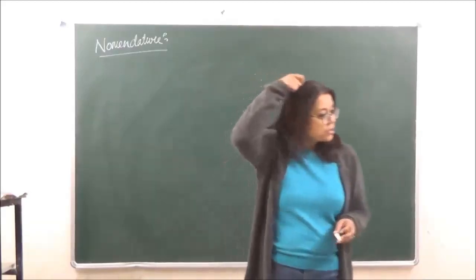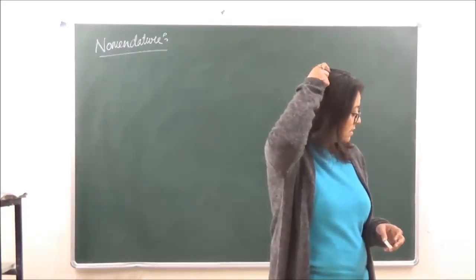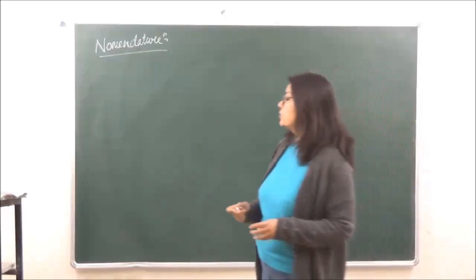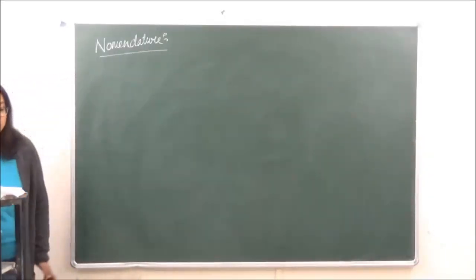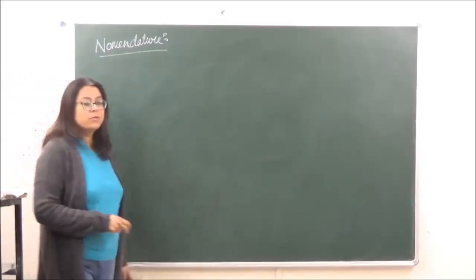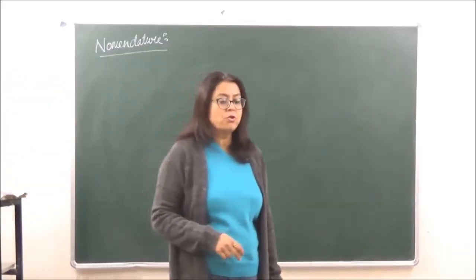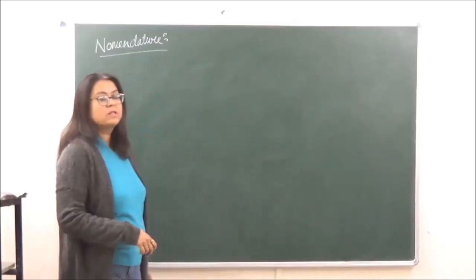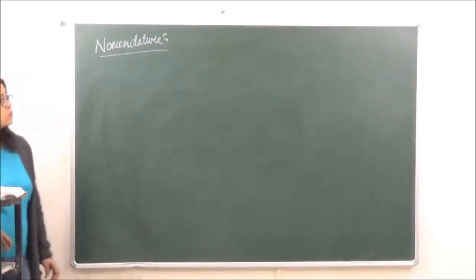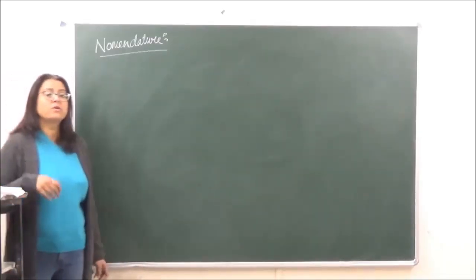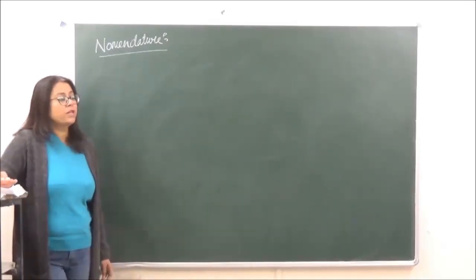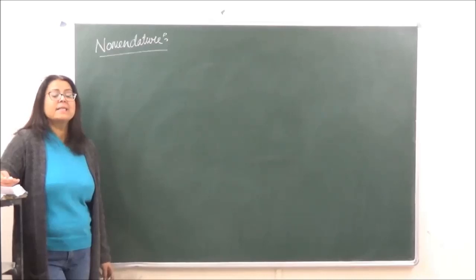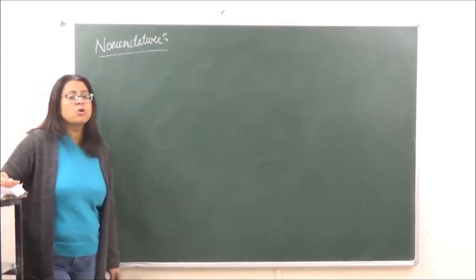Okay, so we're going to the next topic today of class 9, that is nomenclature. Now, when we're talking of nomenclature of coordination compounds, there are certain rules which we are going to follow, which are very, very important while naming the coordination compounds. Two types of processes we are going to do over here. In the first process, we are going to name any coordinate compound, and in the second, the name would be given and we have to formulate the formula. So let's first go on to naming.